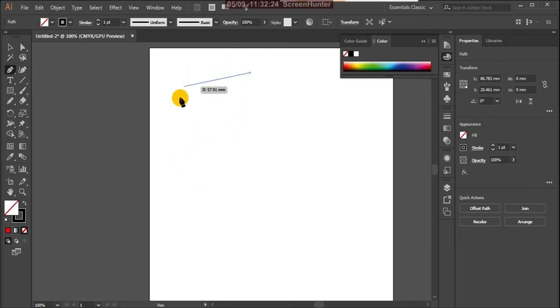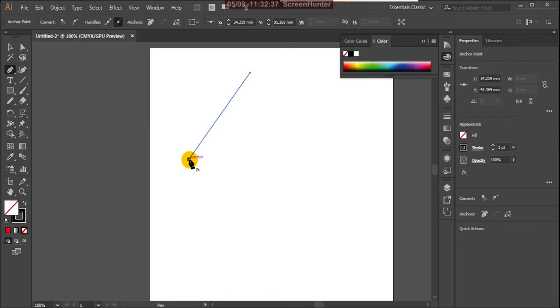Okay, and the next one is the preview showing here. It is ready to draw the shape path. You can give a left click again. Yes, that is another anchor point. So here it is one anchor, this is two anchors. Okay, and here give one more anchor, and come here for another anchor.